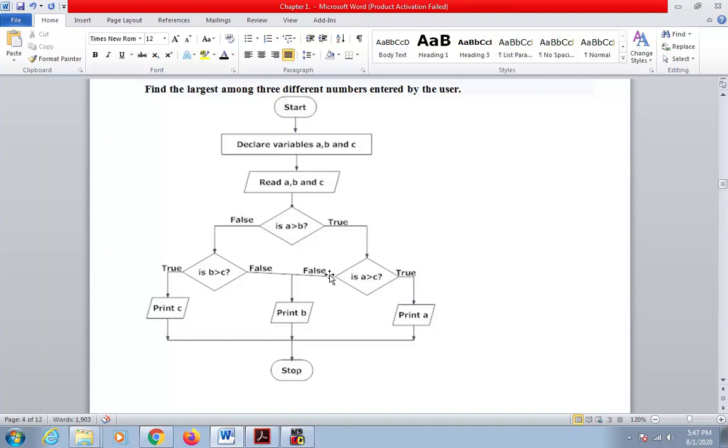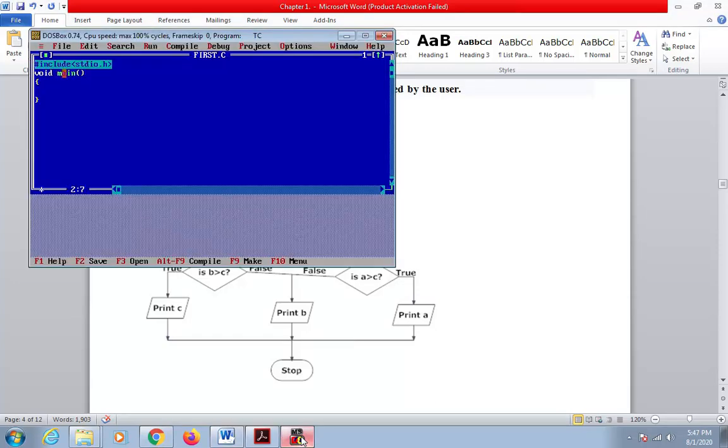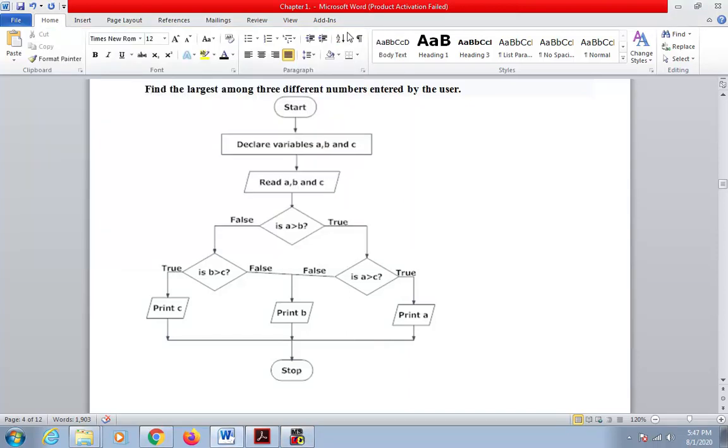Now as you know, you don't know about the C code, okay? I have written hash include, void main, and you don't know about this as a beginner or as any other user. But if you will see this algorithm and this flowchart, you will come to know this is just a mathematical problem that you can see from here. So any normal user can also read the flowchart